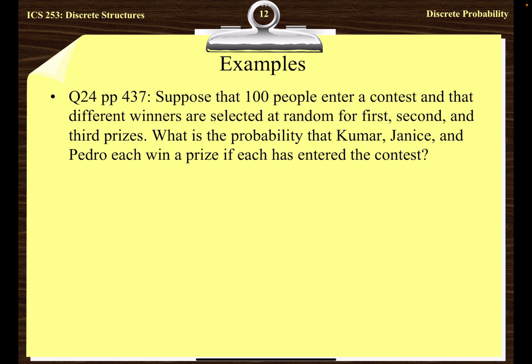100 factorial. P 100, 3. P 100, 3. ليش P 100,3؟ لأن, because I'm differentiating between the first prize winner, the second prize winner, and the third prize winner. So ordering is important, صح? Ordering is important. So therefore,